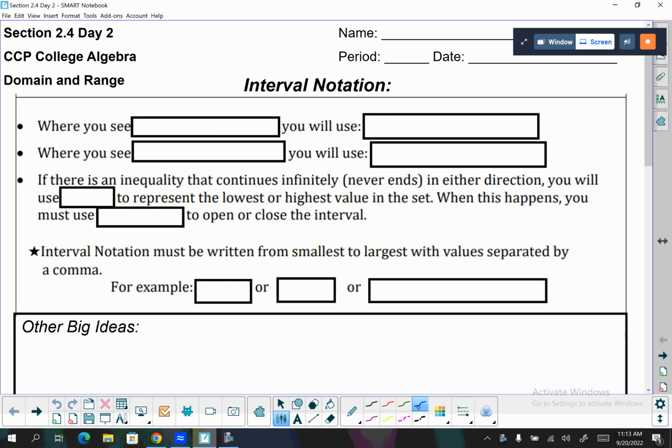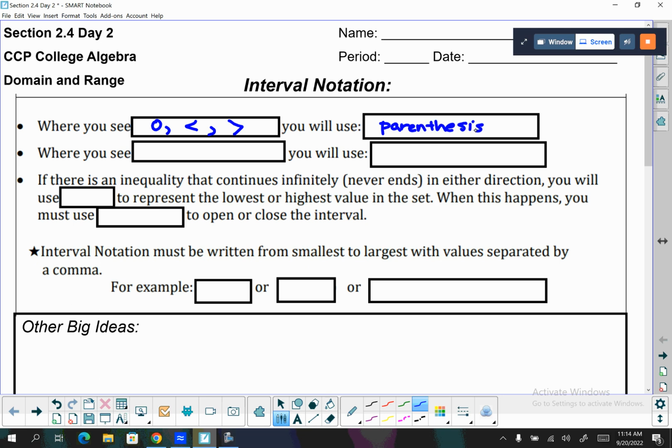So if you see an open circle on a graph, or you see a less than symbol, or you see a greater than symbol in an actual inequality, any of those things, we're going to use parentheses